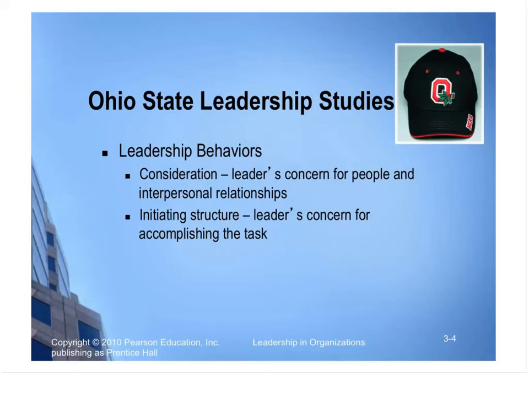So let's just start. So in the Ohio State Leadership Studies, which are basically the recent studies on leadership, they found out that leadership behaviors are the consideration, like leaders' concern for people and interpersonal relationships was really